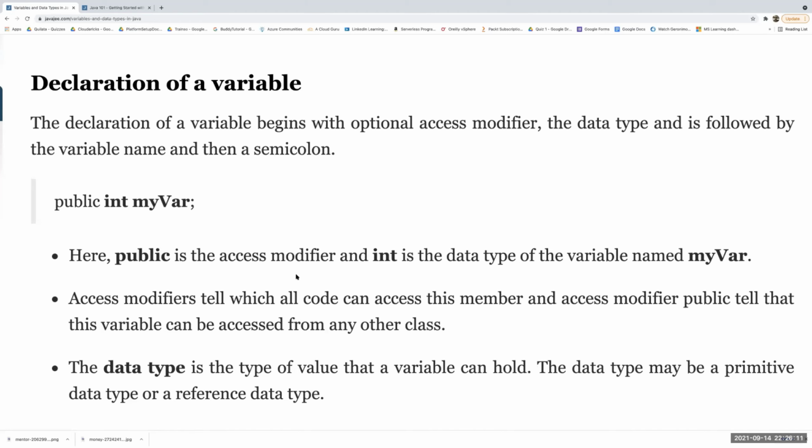Primitive means int, so int is a primitive because it will hold a number. Whenever you are using another class, then it is a reference type, because the variable in memory can only hold a number or a smaller thing. So whenever you are mentioning a class, that class will actually be constructed in some other place, and its reference will be added here. The class will be created in memory, and an address to that class will be added here. So that is why it is called a reference type.